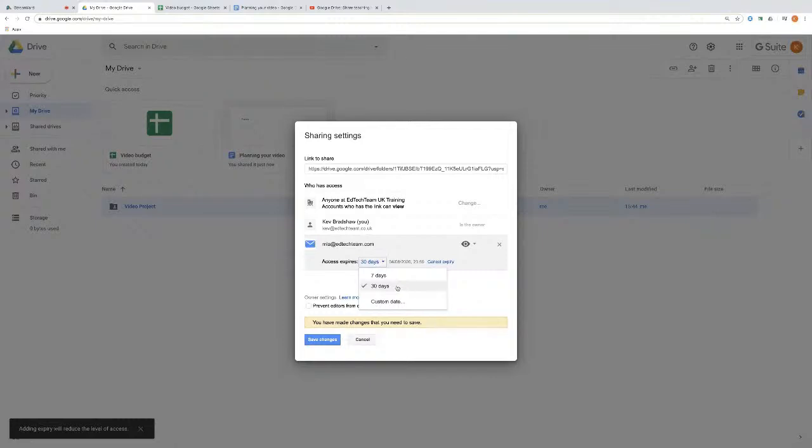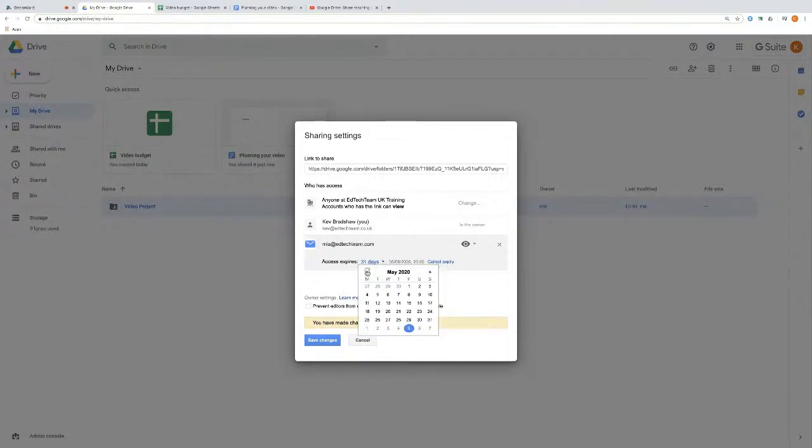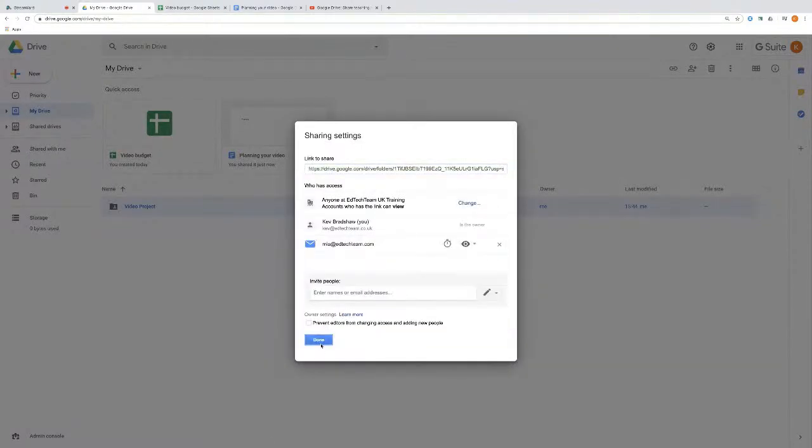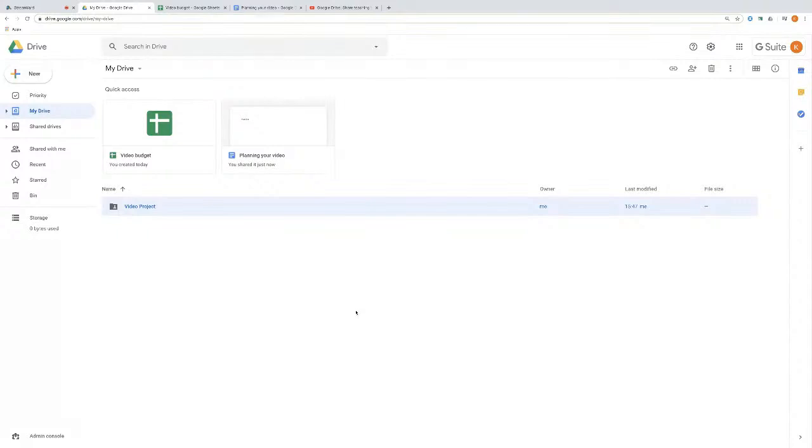By default, it'd be 30 days or 7, but maybe I just want Mia to have access for not 31 days, because we are in May. I'm just going to set it for 32 days. So after 32 days, it's going to expire. I'm going to save that. And afterwards, Mia will no longer have access to the drive.